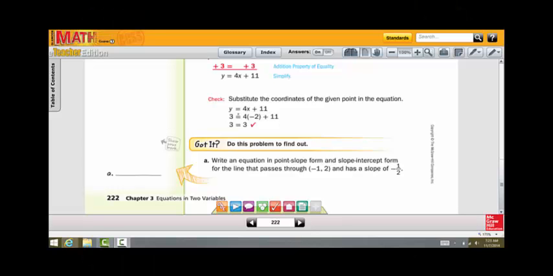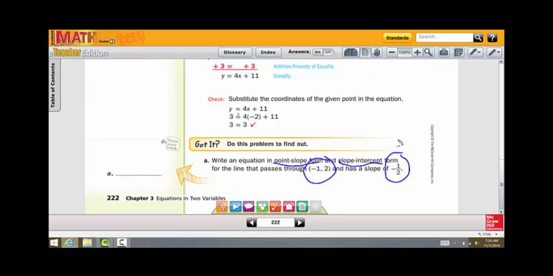Here are your solutions to 3-6, the letter problems. So we're going to write an equation in point-slope form and slope-intercept form. So we're going to do two things. Don't forget we need to do both things here for the line that passes through this point and has this